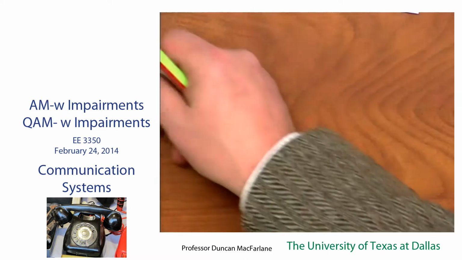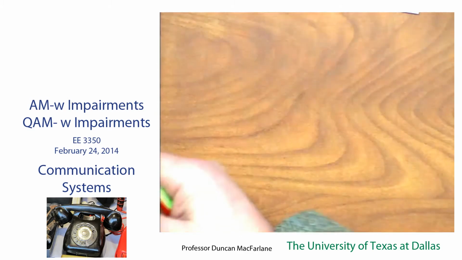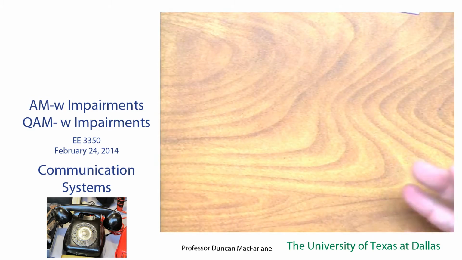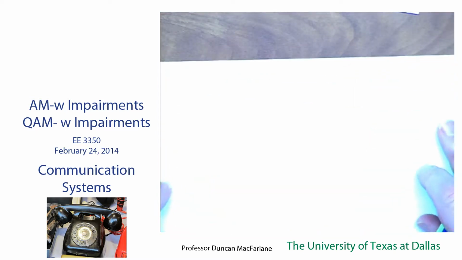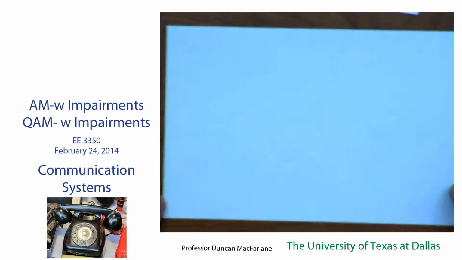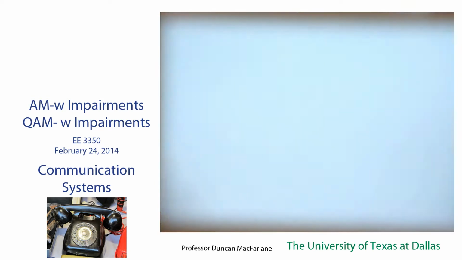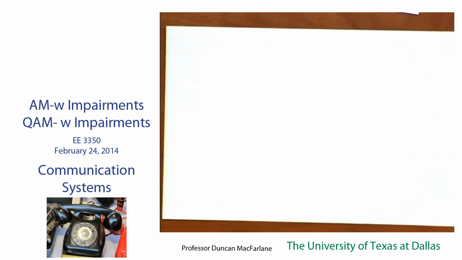I said these were impairments. I said that these are when things go wrong. Right? That's the reason to do this. Good engineers are paranoid. Good engineers look at a system and they say, what can go wrong? Okay? Now, with that in mind,